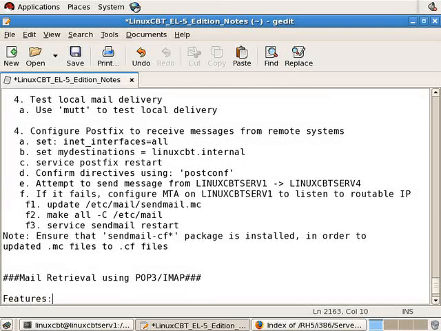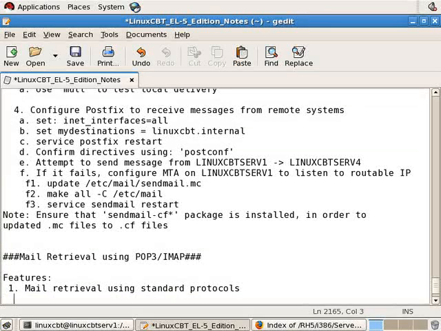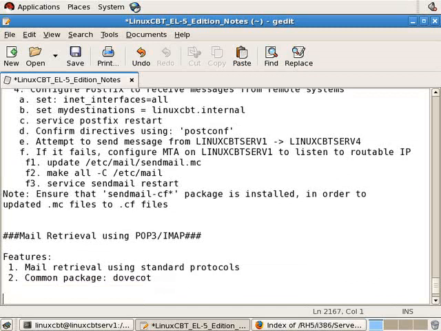So features: mail retrieval using standard protocols. And common package is Dovecot. So Dovecot implements a POP3 and IMAP server that you can then configure your clients to connect to,